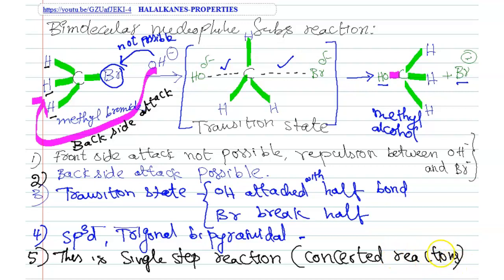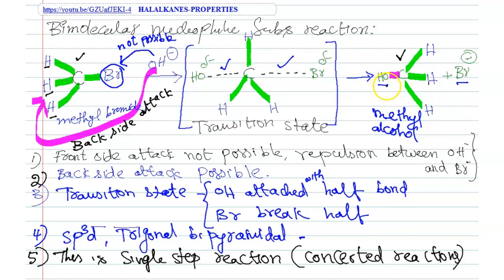And one more observation is, see this configuration changes. Compare with this carbon, the middle carbon. Bromine is present at the right side. Here 3 hydrogens are present at the left side of the carbon, and bromine, the negative part, the nucleophile, is present at the right side. In case of the product, observe it. I am giving a tick mark for carbon. Hydrogens are present at the right side, and the OH part, the negative part, is present at the left side.